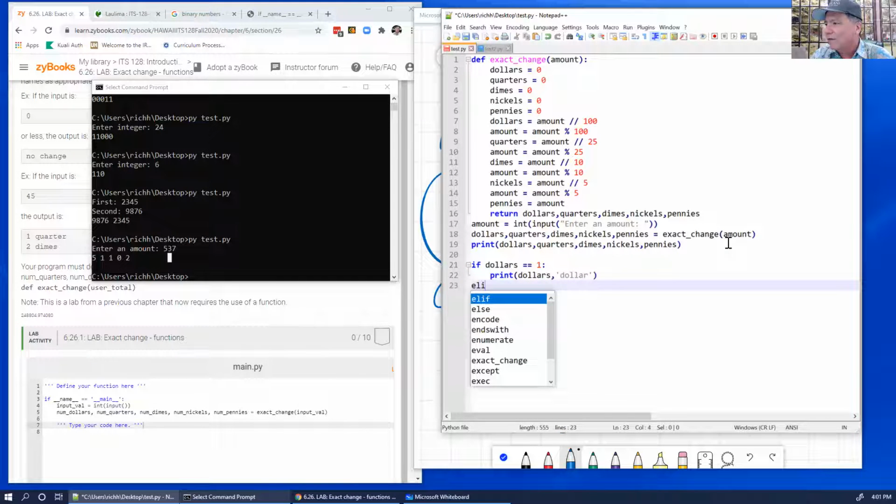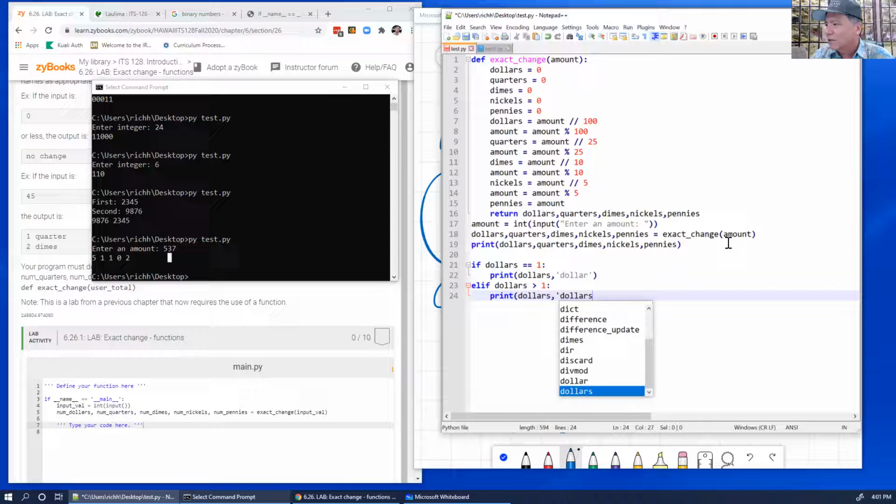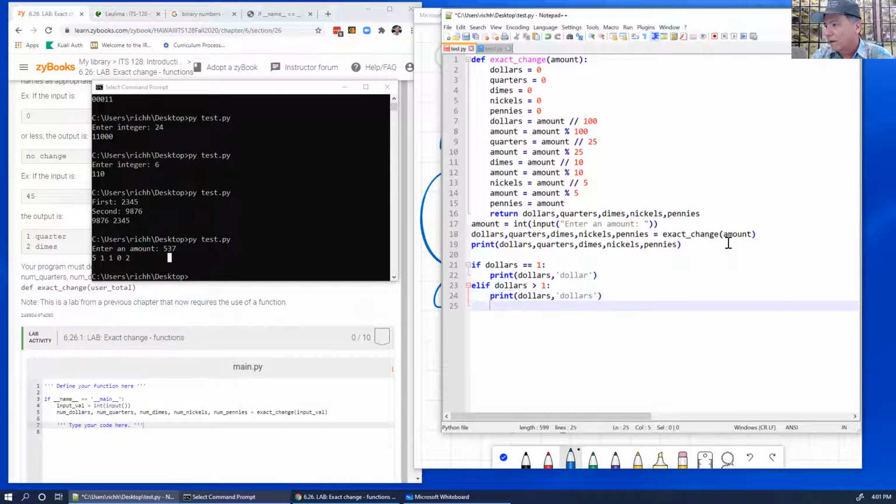If dollars is greater than 1, then I would print dollars, plural. Otherwise, I don't do anything. Otherwise, I go on to quarters. If quarters